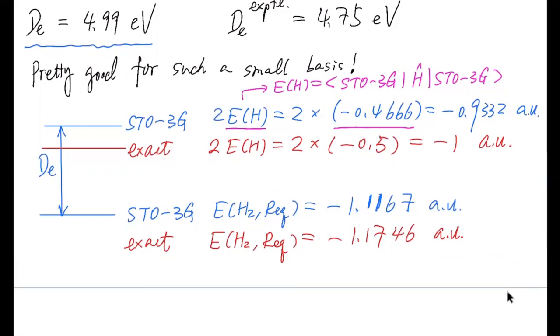This is the so-called configuration interaction. And then use a complete basis set. So you use essentially an infinitely large basis set,